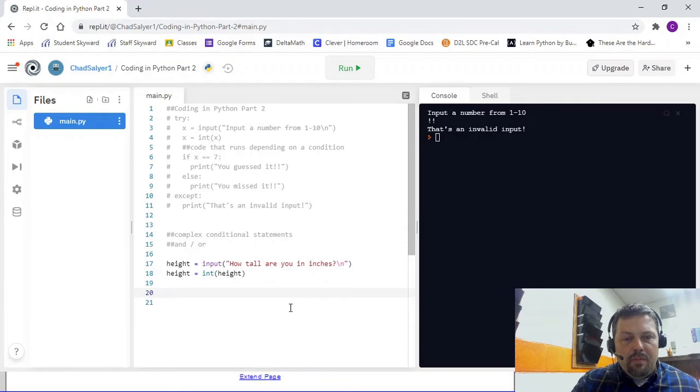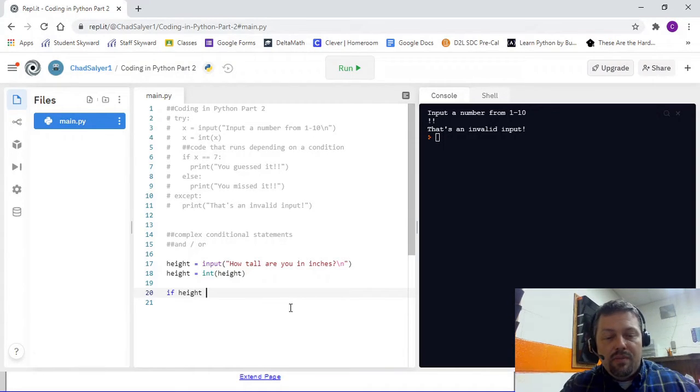So let's say we want to know if their height falls into an average range or outside an average range. We can do that with this: if height, and let's just say arbitrarily average is going to be between 62 inches, which is 5'2", and 70 inches, which is 5'10". So if height is greater than or equal to 62 and height is less than or equal to 70,